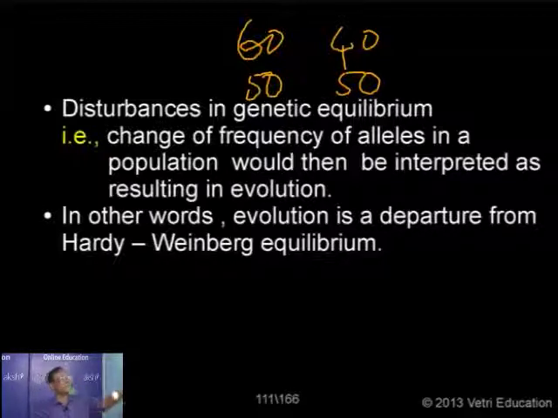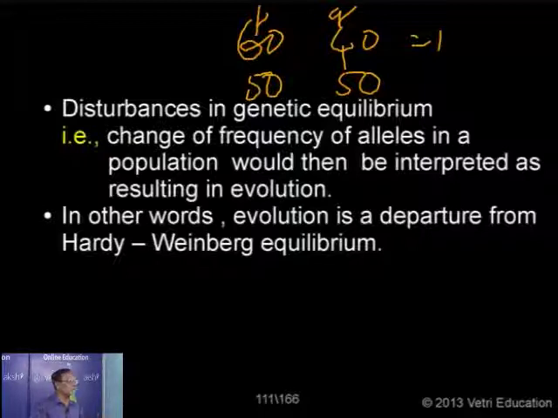So if you have 60-40, then the original value for P plus Q is equal to 1. So it is a constant 1, nothing would happen. So we already know that 1 is the value for P and Q. So all of a sudden after some time when you measure the frequency, here P is equal to 50 and Q is equal to just 50. That means some change occurred from the original value. Then it would be interpreted as something happened in evolution.